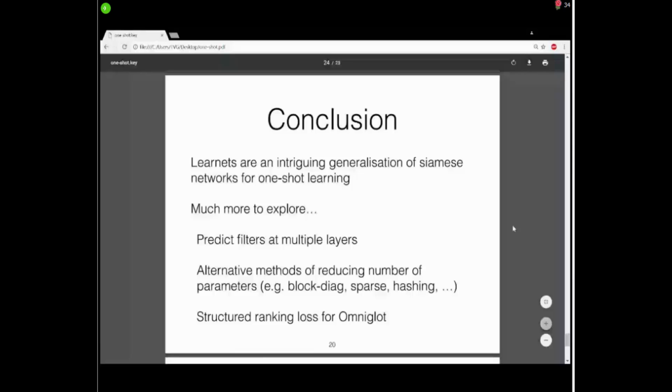Okay, so to conclude, we'd basically say that learnets are an intriguing generalization of Siamese networks for problems involving one-shot learning or any kind of relationship between pairs of things. There's still a lot left to explore, like some obvious things which we mostly haven't